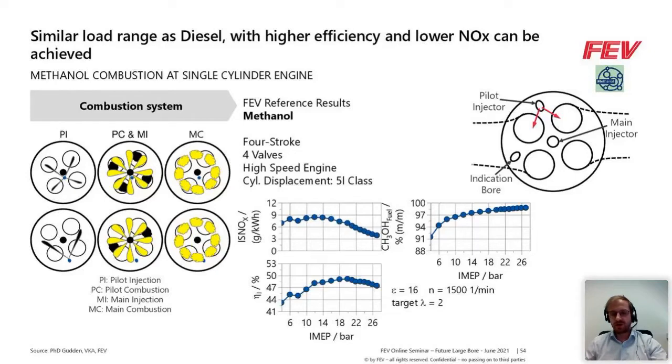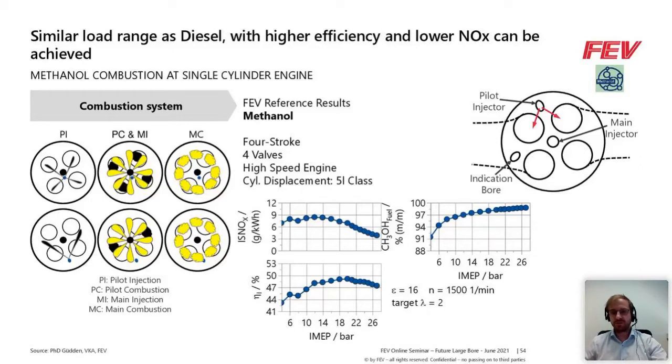what did we actually achieve with our single-cylinder investigation? We can see a load sweep here, and starting with the NOx emissions, we can see we have NOx emissions below 9 gram per kilowatt hour, so we can significantly reduce the NOx emissions compared to a similar diesel engine. At the same time, we have indicated efficiencies of almost 50%, so also quite attractive efficiencies here